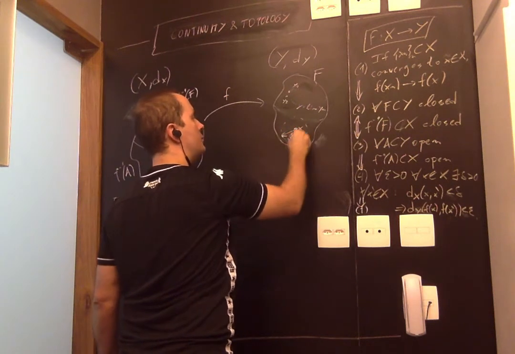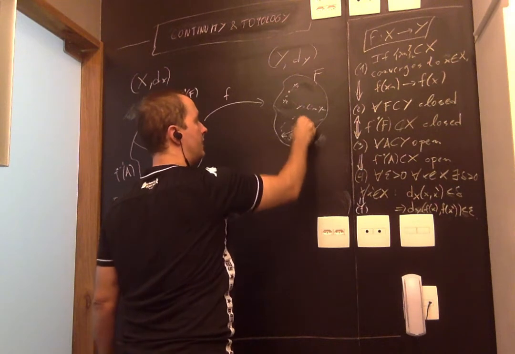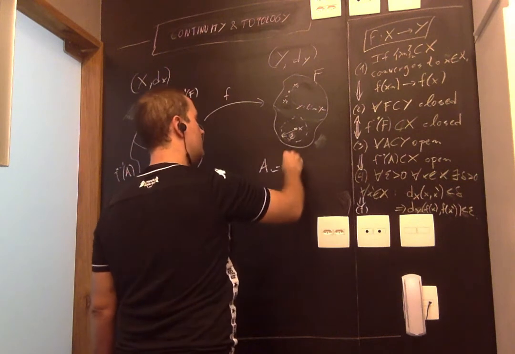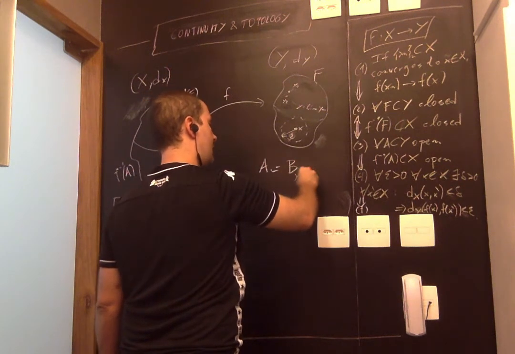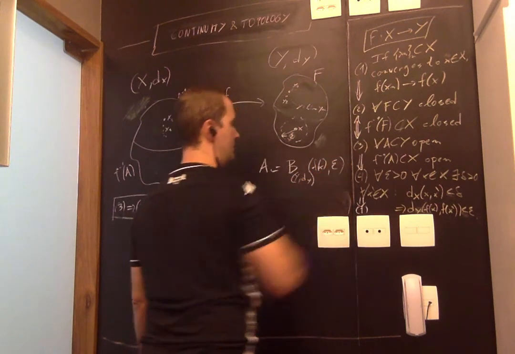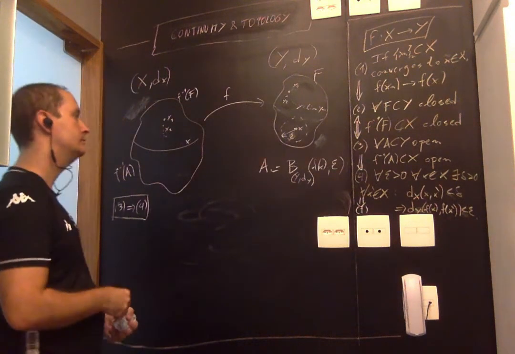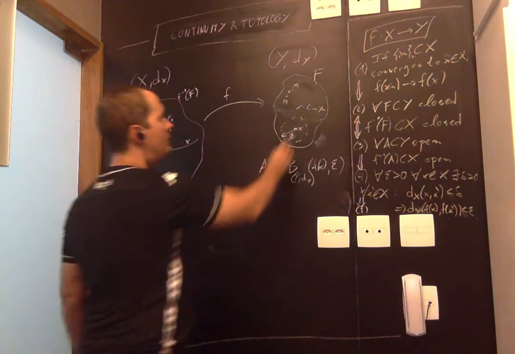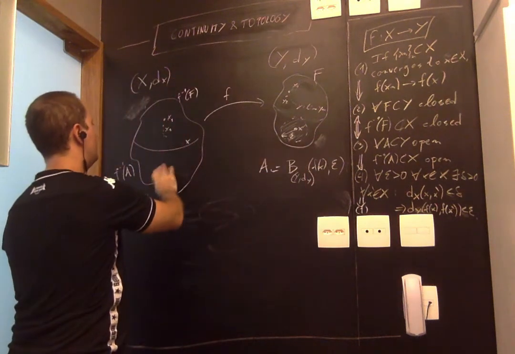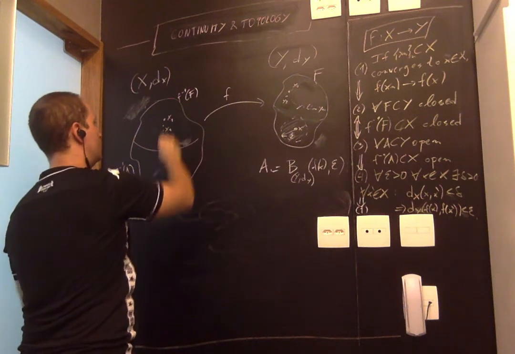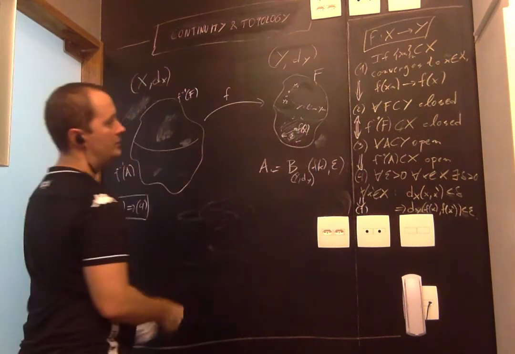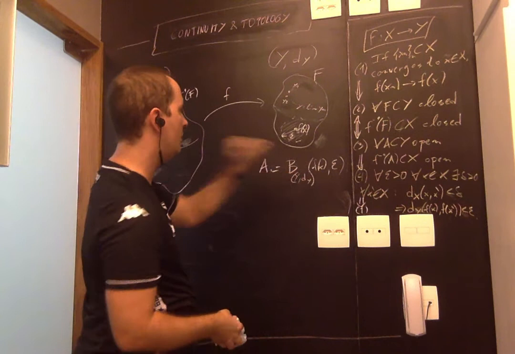As I said, I choose epsilon. I choose x, and then we have to find a delta, right? I'm going to apply 4 with A equal to the ball in the space Y of center f of x and radius epsilon, open ball. What do we know about this ball? Well, we don't know much. Well, here's one thing we do know. We know that the pre-image is an open set. So now x belongs here, right? So, sorry, this is f of x, right? So A is the ball around f of x.